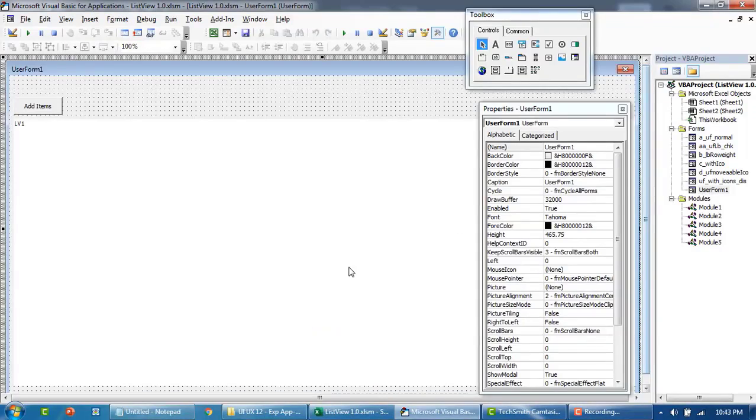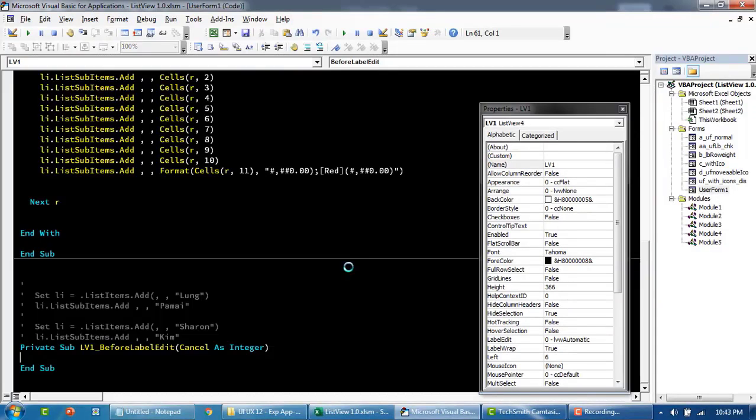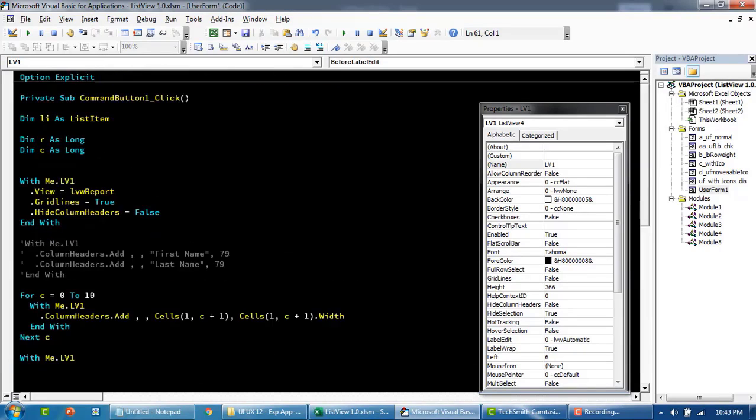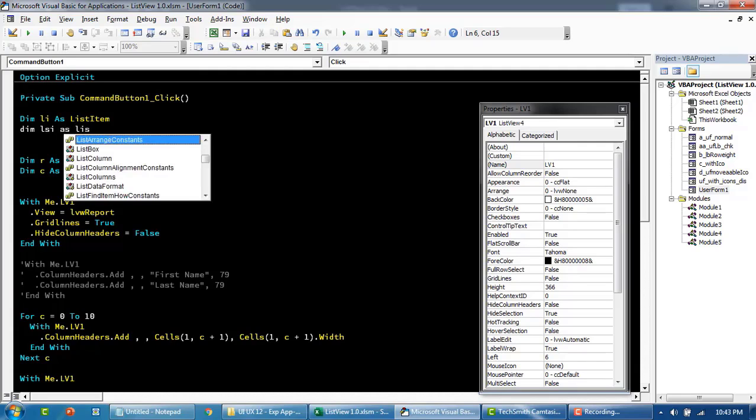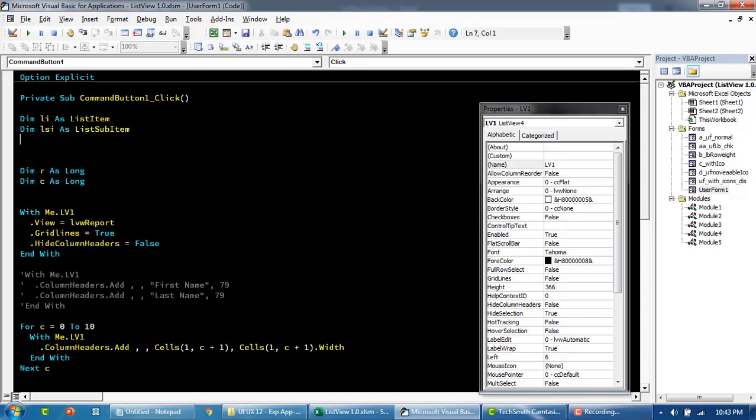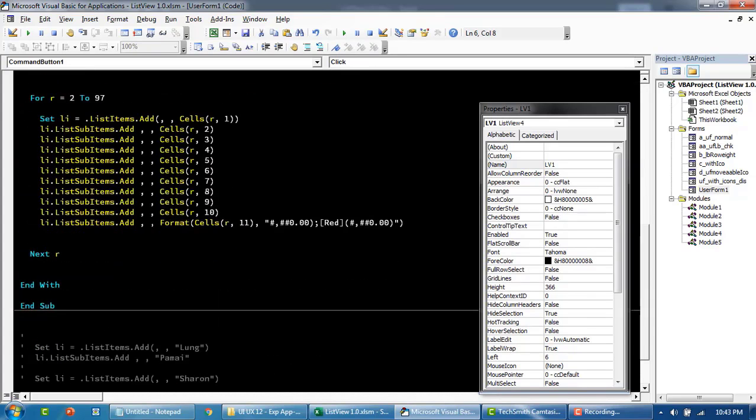That looks better. So one quick thing, we'll try to use the list sub item. I will say, we'll just call this list cell, or basically list sub item, something like that, as list sub item. Okay. And then down here, I'm going to say set list item equal to, you could specify whatever list has been added up here. So list sub item,